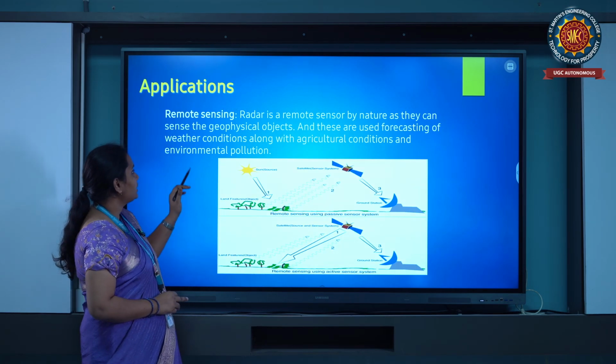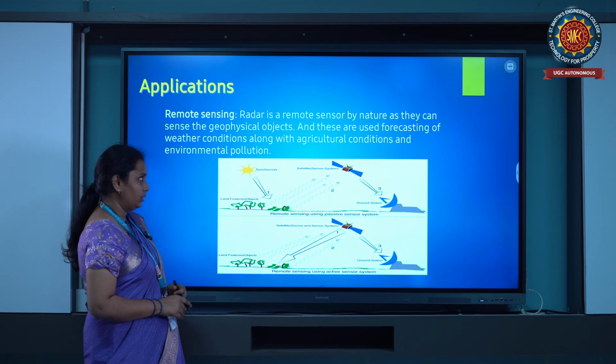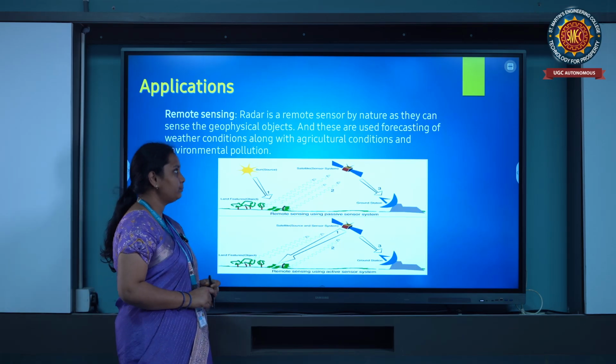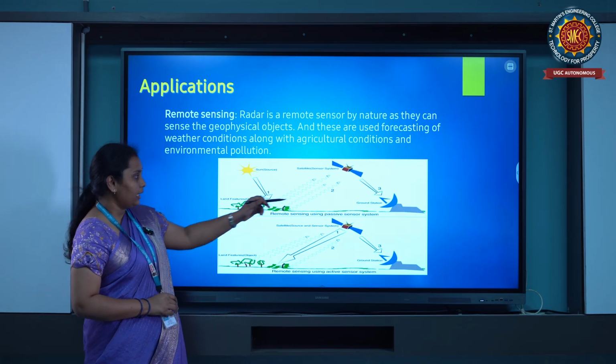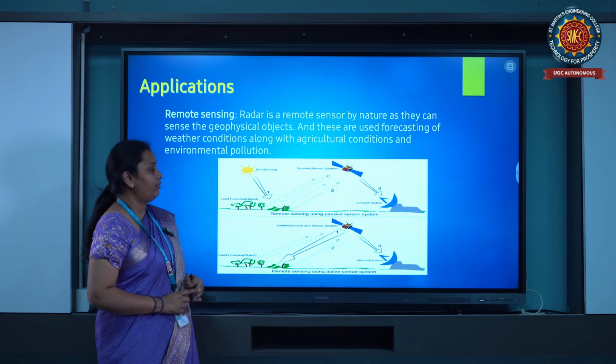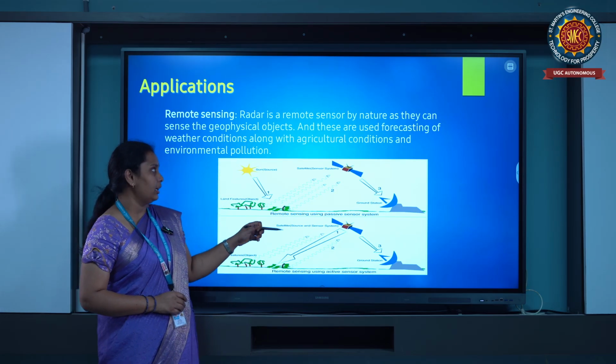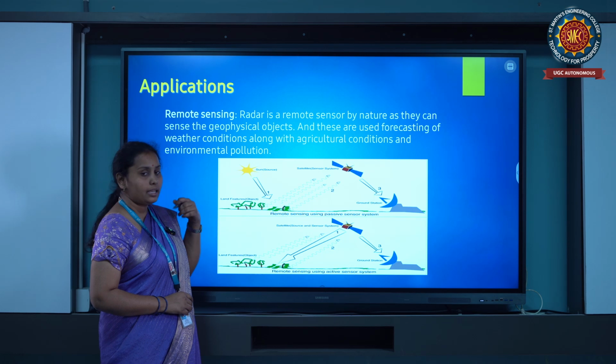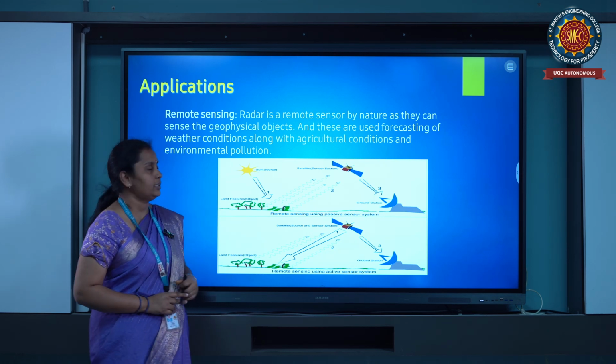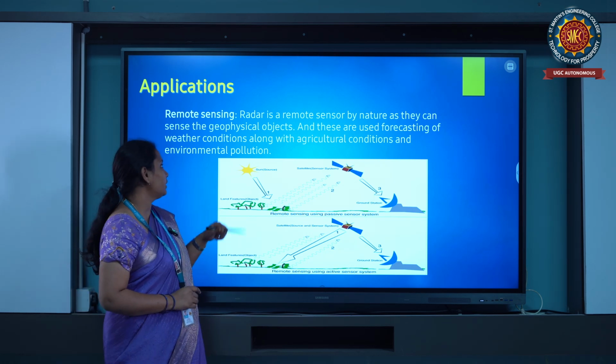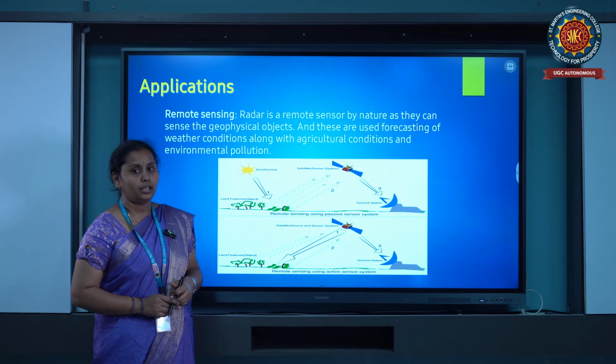So here we are using remote sensing. Remote sensing means the radar will be used as a remote sensor by nature, as it can sense geophysical objects.